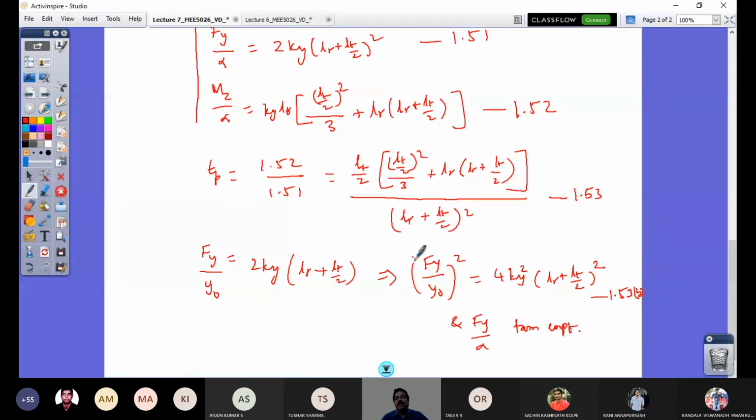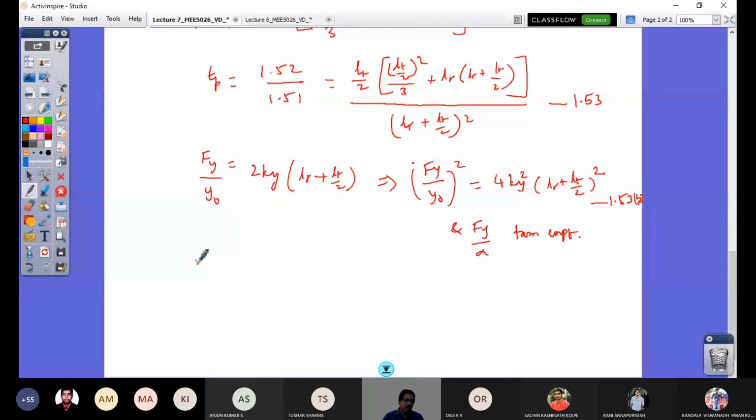So I know this value, and it is going to be independent of Lr. I have ky obtained. I can find ky. So from this ratio, which is Fy by y naught square divided by Fy by alpha, by doing this ratio, what I get is 2 ky. Rest all goes off. So these numerator and denominator values can be obtained from experiment. So I will be able to calculate my lateral stiffness per unit area ky simply. So ky can be found out here.